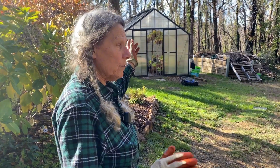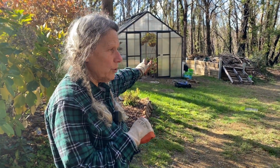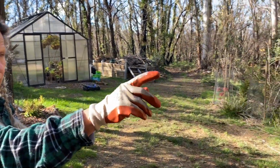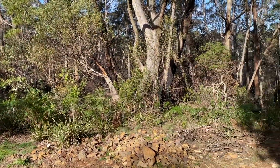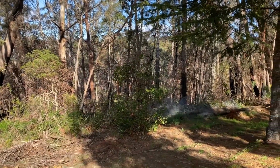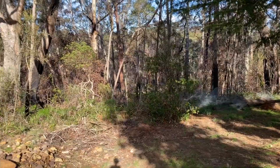We have 3 springs which feed into a swamp on this side, which is sort of northeast, and then we have another swamp down on this side, which leads into Pope's Glen Creek, and we've got at least 1 spring and 2 ephemeral springs that feed into it. And my guess is that